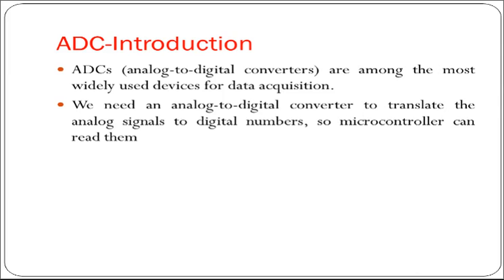As you know, the real world is analog in nature. The signals that you get from the environment are analog in nature. So to get the value from these signals, we need some facility by which we can read those values. For example, if you want to read the temperature of the room and display it on a digital device, then the first requirement is that the temperature should be converted into digital format.